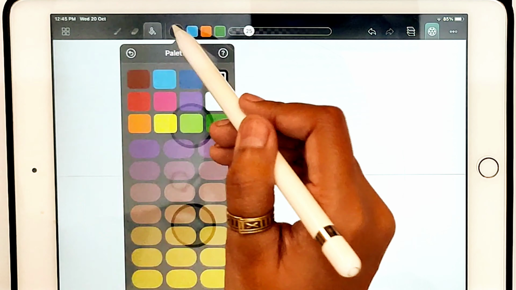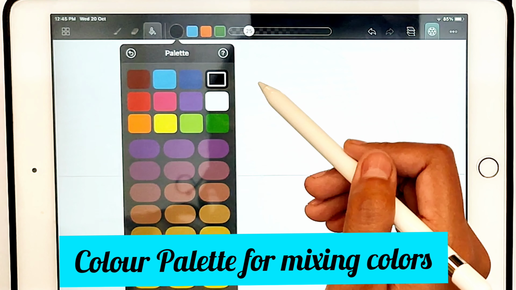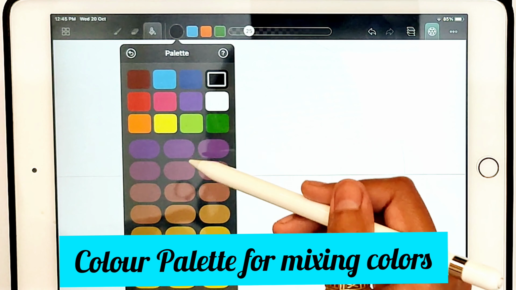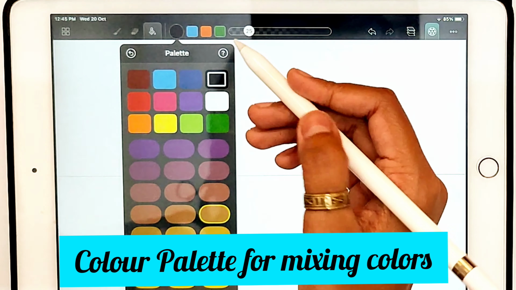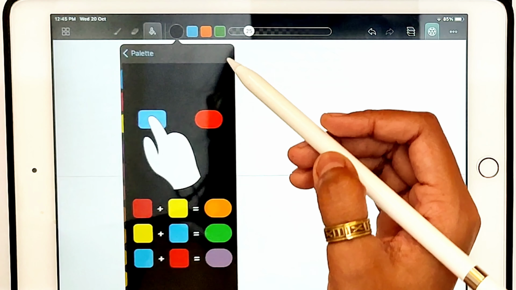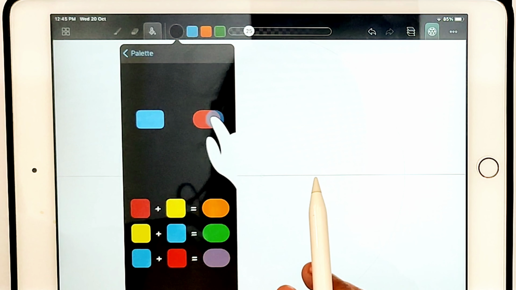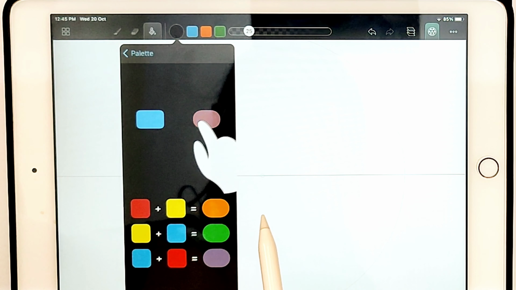Basically this is just your color palette but in a digital form. You can mix different colors here and make your own color palette and make your own shades. If you click at this question mark icon, they'll show you a video tutorial for the same too, like how to mix colors, how to change the color palette, etc.